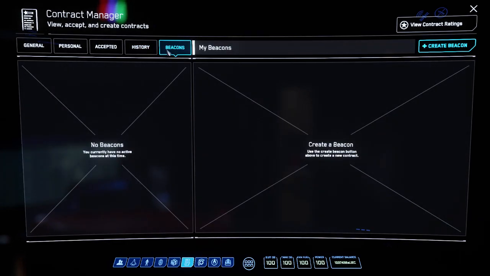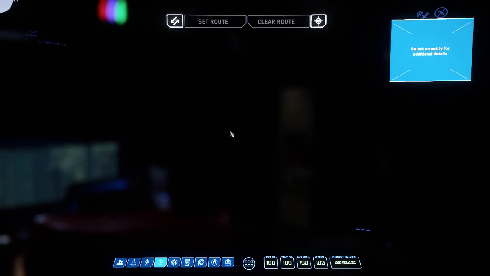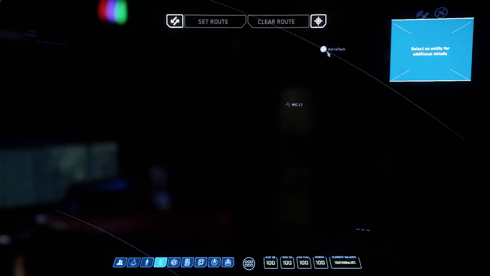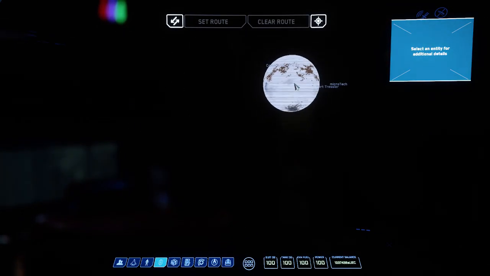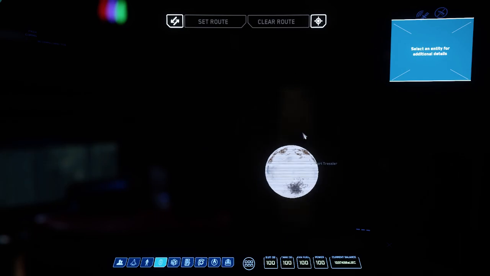What I think I might want to do is try to do some asteroid mining, though. So what I want to do is move my base of operations from here on Microtech, where we were collecting and selling presents, up to the space station that's just in orbit above Microtech. See, we're over here at Microtech. So I want to go to Port Tressler,